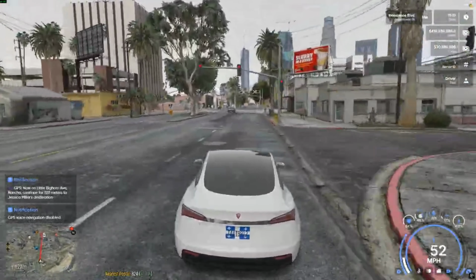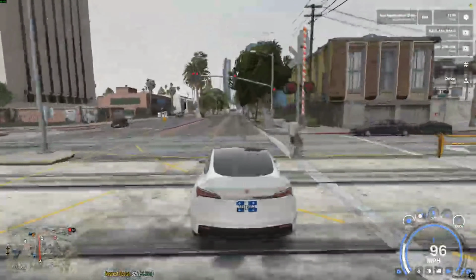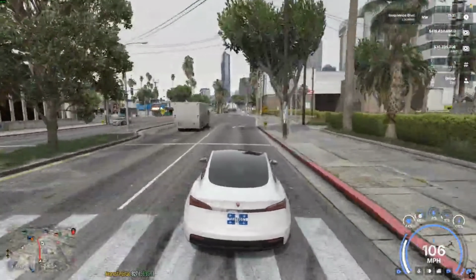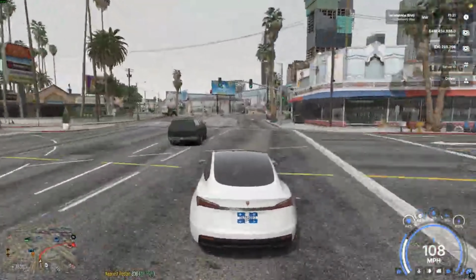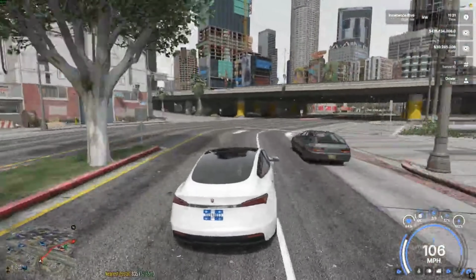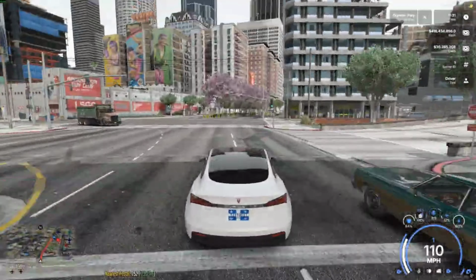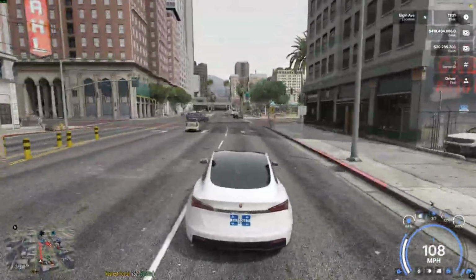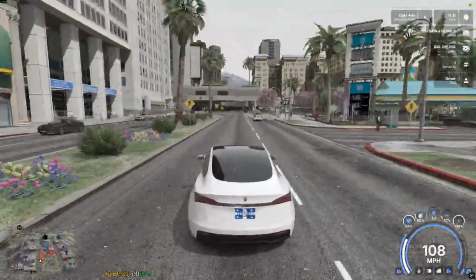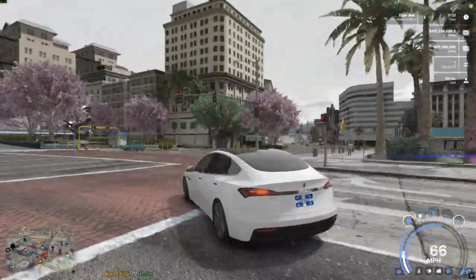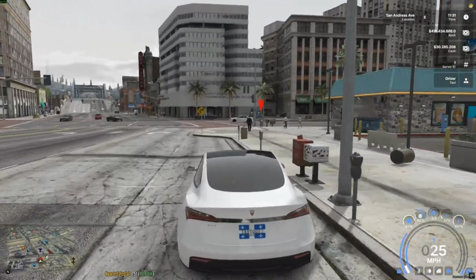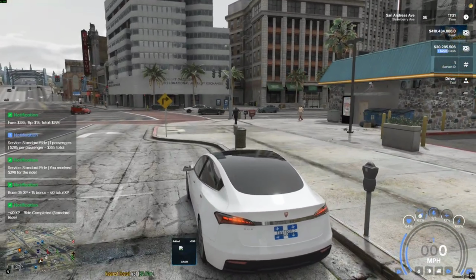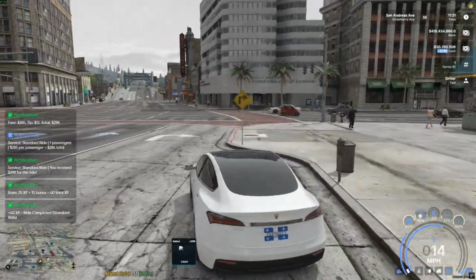As you just saw, you have GPS voice activation that will let you know where to go or where to stop. I'm going to implement an option for whether players want the waypoint or not. The purpose of GPS voice activation is to help with role playing, so they can either remove the waypoint or have it, depending on how they want to drive. When you get to the destination, it'll let you know how far you are. There's no notification right now because we turned it off. After you complete a ride, you'll get XP and a level up.